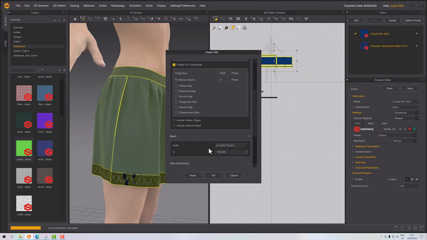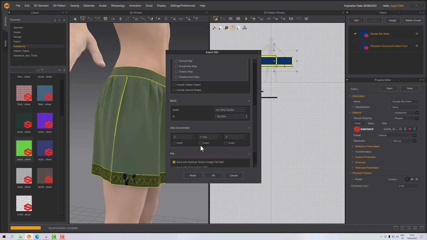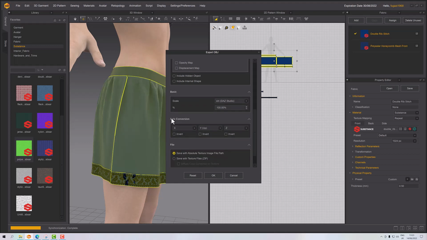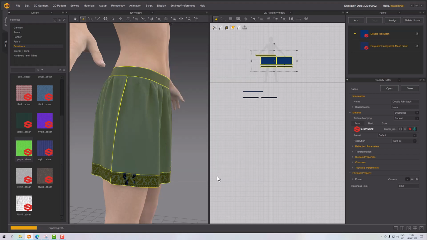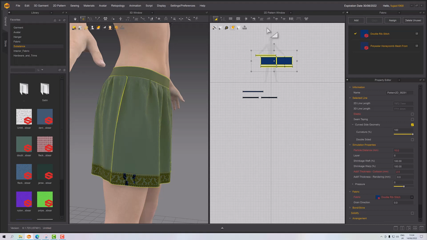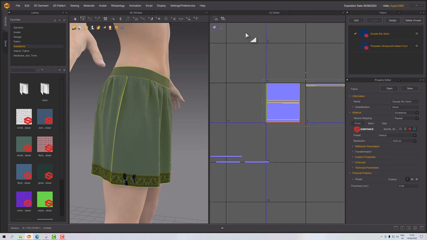Your scale depends where you're going. I'll stick with DAZ Studio because that's where I think I'll demo the texture, and everything else is fine. So click OK on that, and it's going to export. And then in the UV editor,